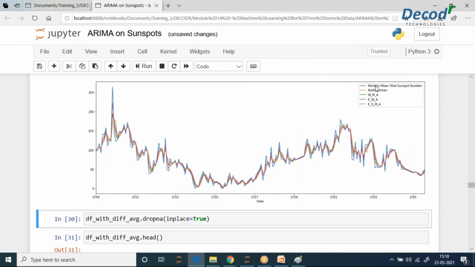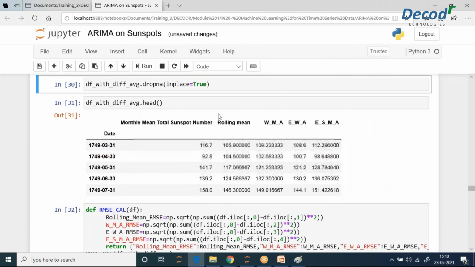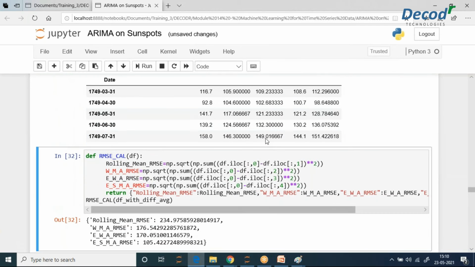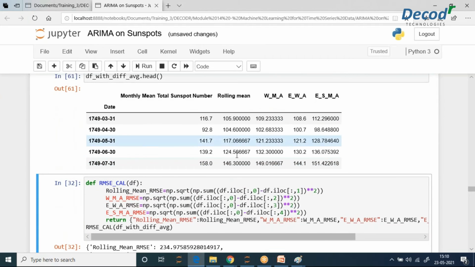We have all of these numbers for the different algorithms we have used, and it's very difficult to find out which has done best this way. So what we can do is make a clear comparison. What we understand from here is that among rolling mean, weighted moving average, exponential weighted average, and exponential smoothing moving average, the last is the best from these values.